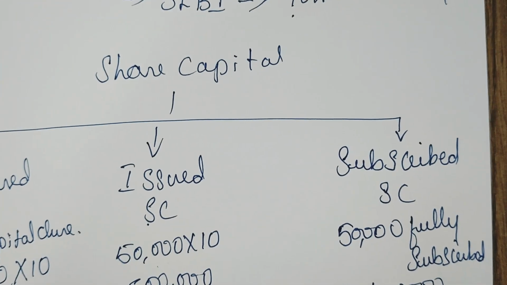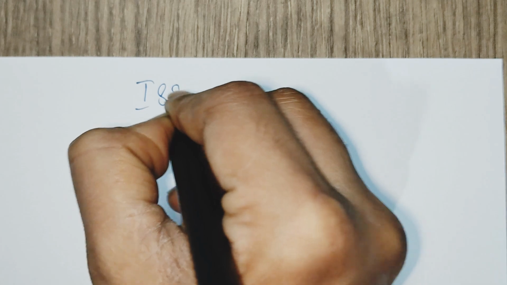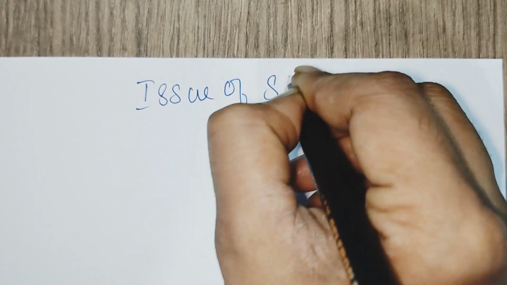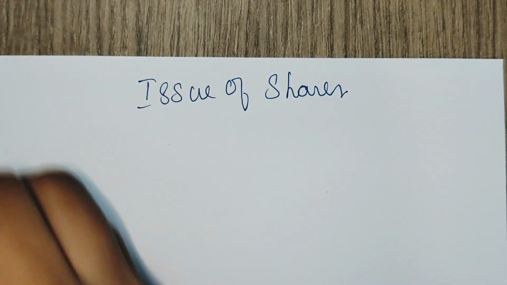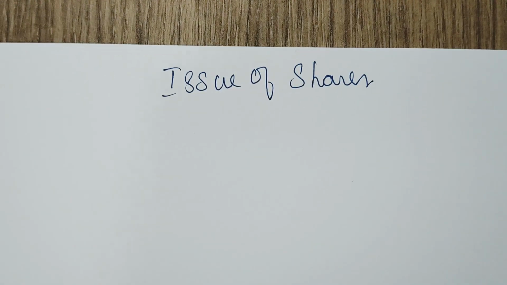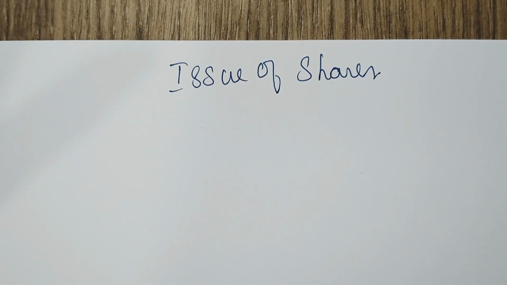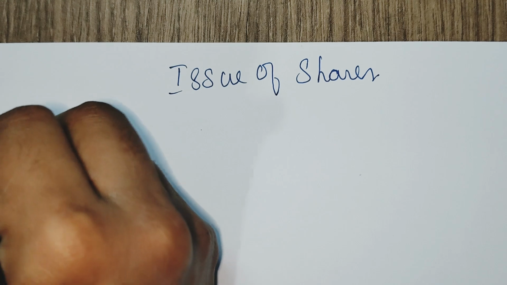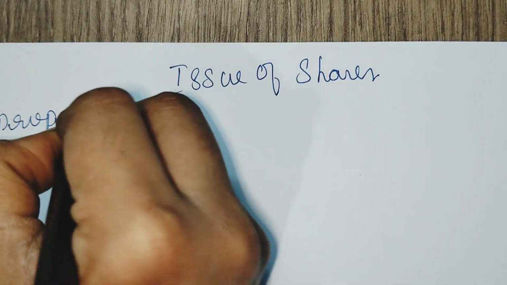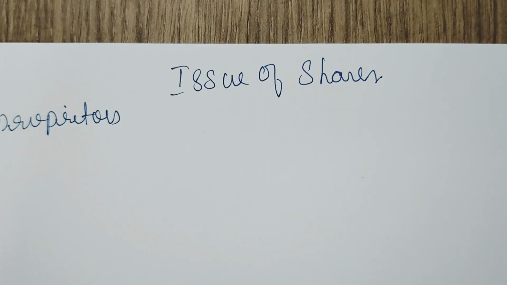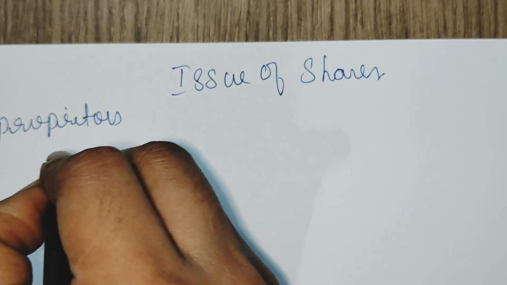Now, how are you issuing shares? Shares can be issued in 4 forms. Issue of shares. First one will start with the owner, because the owner is the person who collects the capital. When you are issuing shares to your proprietors or promoters,